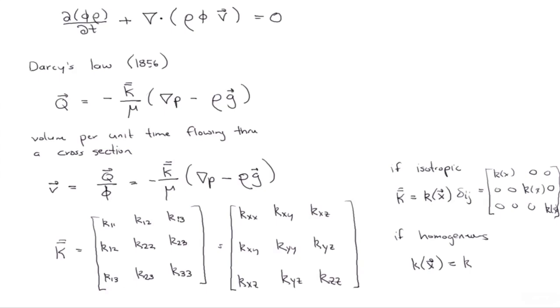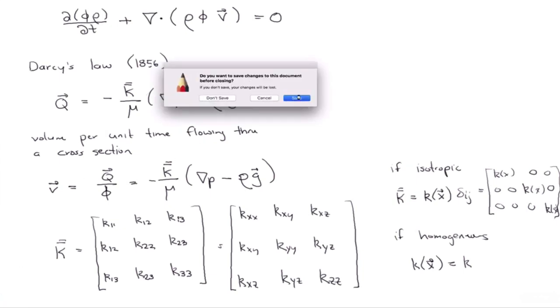Okay, so what we'll do is we'll want to substitute Darcy's law into our conservation of mass equation. But just to make things simple at first, I'm just going to use the Darcy flux for a few manipulations. So I'm going to substitute in the fact that V is equal to Q over phi into our conservation of mass equation, so that then we have